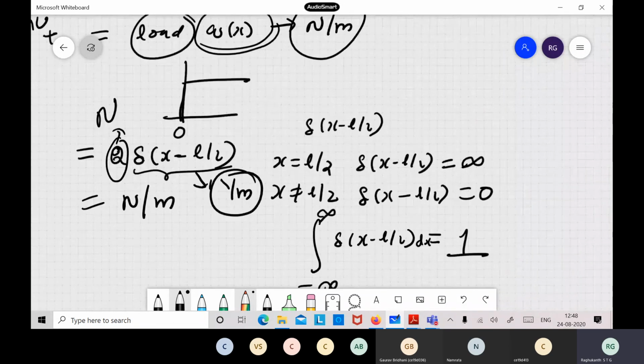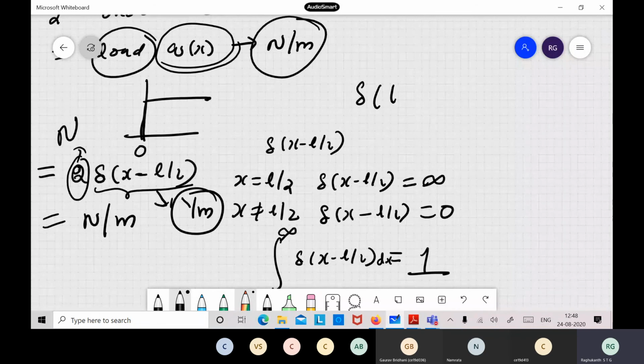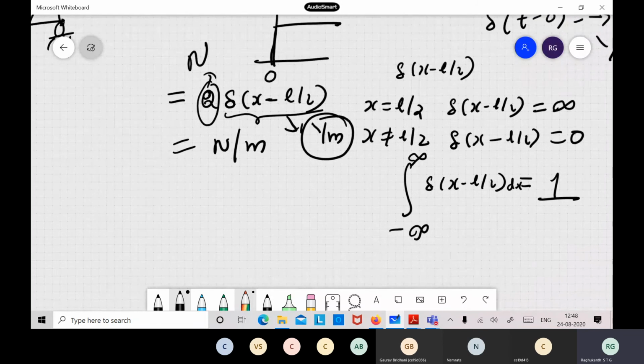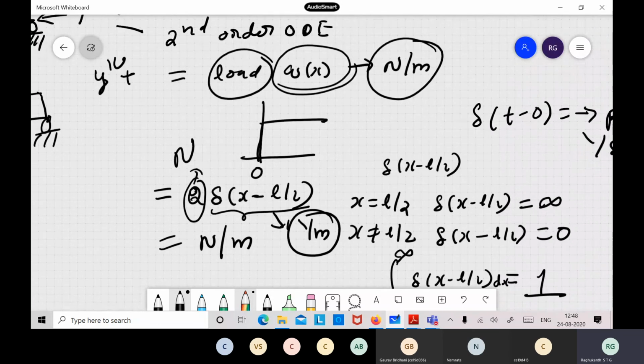When you write in terms of impulses, like in your structural dynamics, delta of t, some 0 or whatever, the unit will be per second actually. That is how you remember, right? The force is converted into an impulse kind of a thing. If you have a time force, how do you convert into impulse? You just multiply by the Dirac delta function. So this becomes Newton per second, which comes to mass into velocity. So in space also, if you want to write, you have to write in terms of like this. Okay. So you can solve.